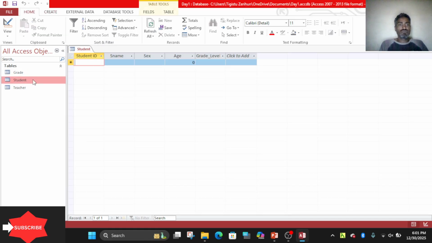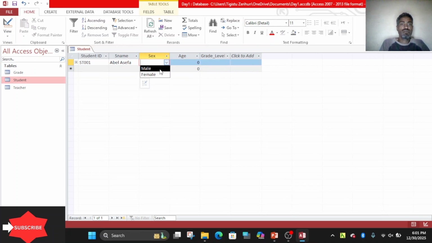Then open the student table, for instance. Feed something or input, for instance, 001. Brook. Okay, I will. Here, 6, it gives you a drop down menu. We have prepared a lookup wizard. Age. Here. When you go to the next, here the plus sign. Have you seen the plus? Shows that these have a relationship with the grade table.